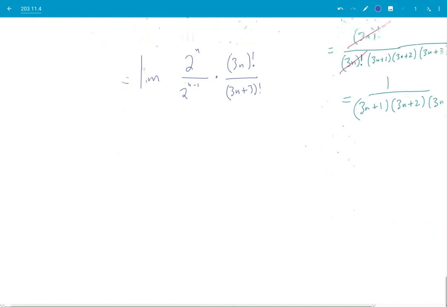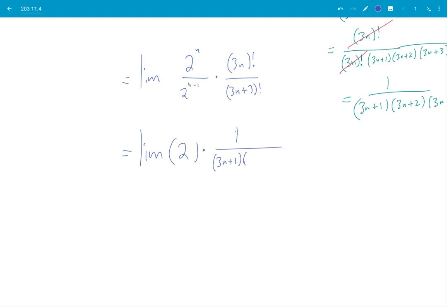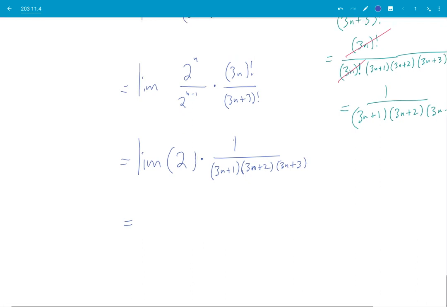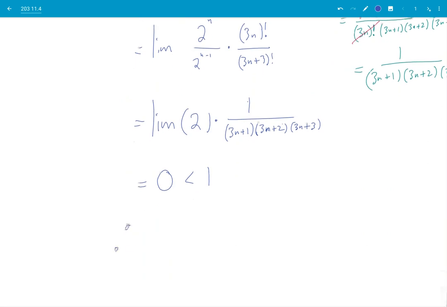Okay, back to blue. Here I've got the same base, so I should subtract the exponents, giving me 2 to the power of 1, so just 2 there, times 1 over this thing in green over here. Now I can just look at 2 times a fraction and say as n goes to infinity, the denominator wins, so I get 0. And that's less than 1. Therefore, my original series, n equals 5 to infinity,